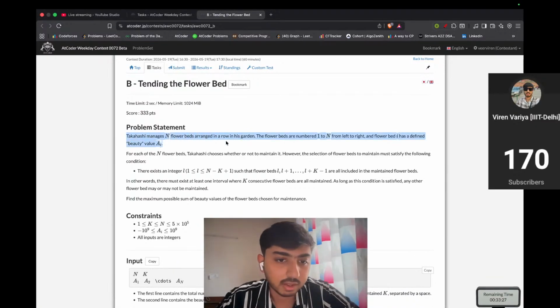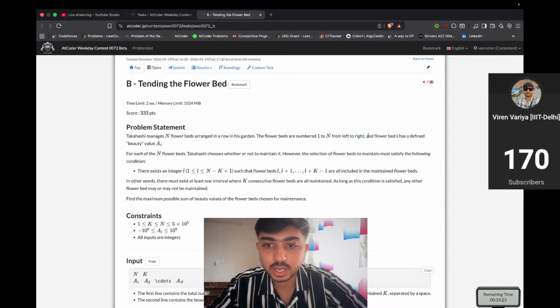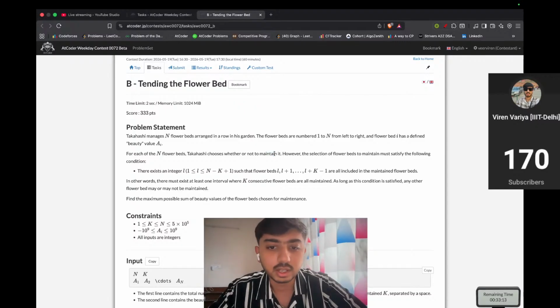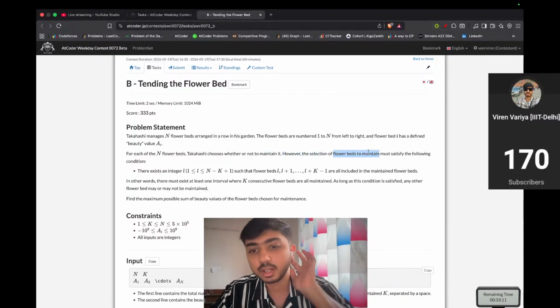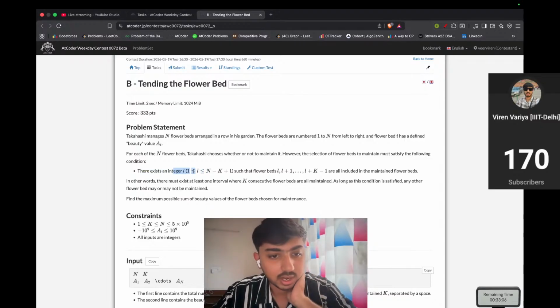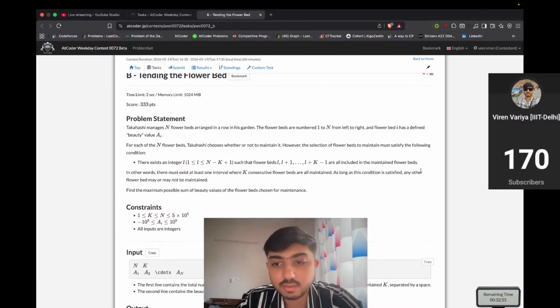Takashi manages n flower beds arranged in a row in a garden. Flower beds are numbered from 1 to n from left to right. Define the beauty of A i. Okay. For each of the n flower beds, Takashi chooses whether or not to maintain it. However, the selection of flower beds to maintain must satisfy the following condition. There exists an integer L